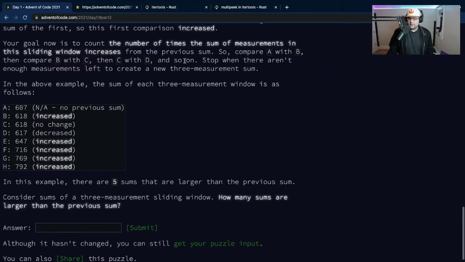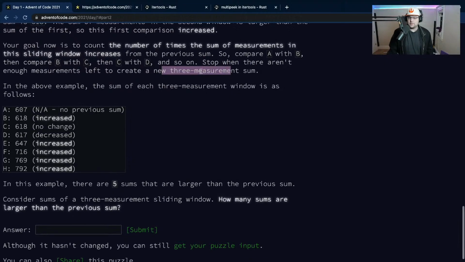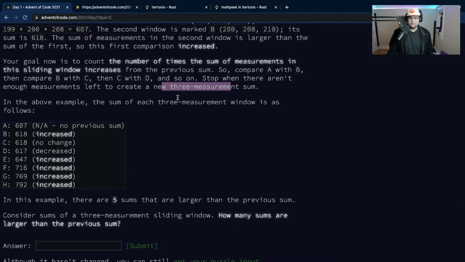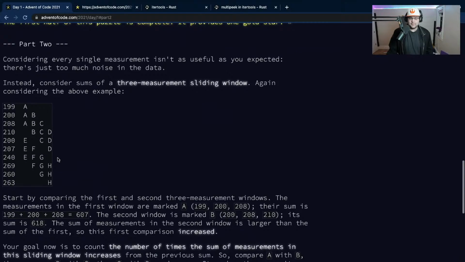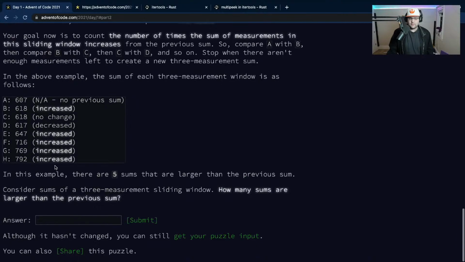Okay, so we got to do these windows. Stop when there aren't enough measurements left to create a new 3-measurement sum. So is it possible that we won't have 3? Let me go check the puzzle input.